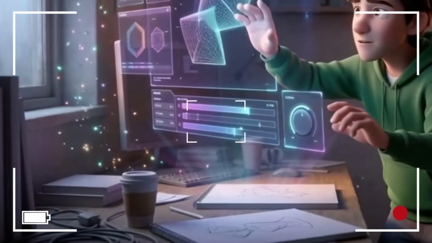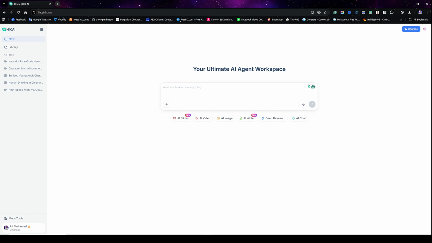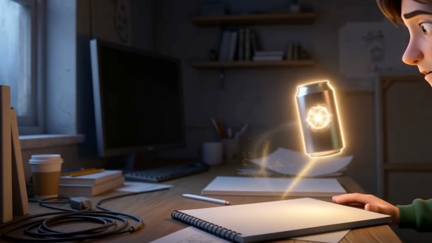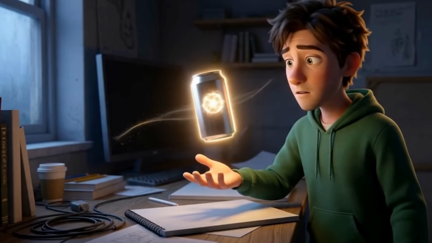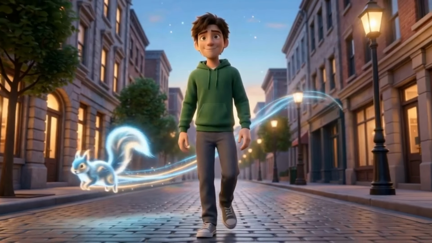The video ad that you just watched was created entirely using Seedance 2.0, and the platform that we're going to be using today is called HIX AI. I found out that HIX AI is one of the best platforms I've been using so far for various reasons, and these are the ease of use and other features that I'm about to show you when we get to it. Seedance 2.0 has proven to be the best AI model out there because I can easily create insane video